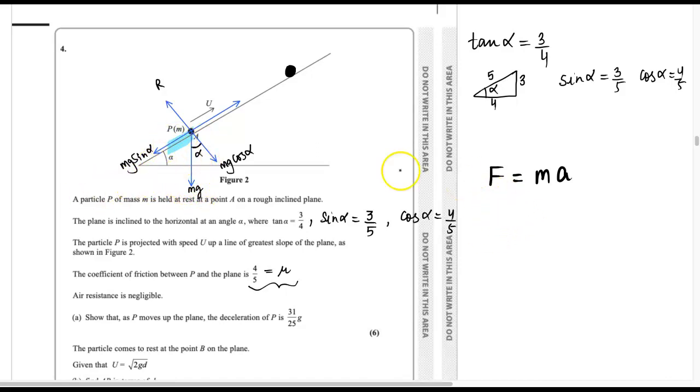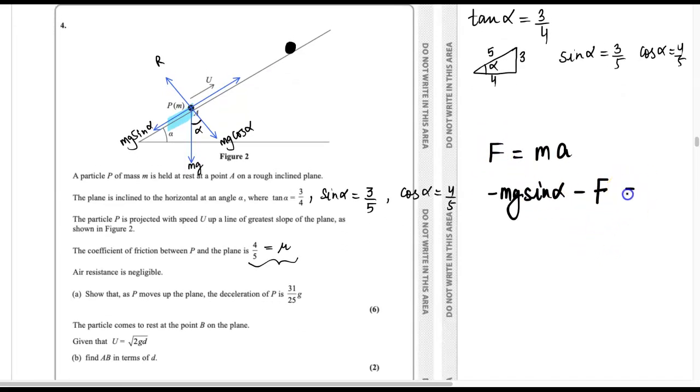So we are going to be adding, and the object is moving upwards the slope. So we are going to be writing minus mg sine alpha minus frictional force. So frictional force F, how should I write F? These two, this is force and this is frictional force. That is equal to